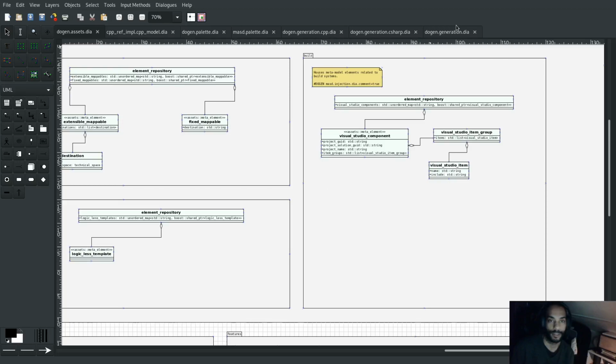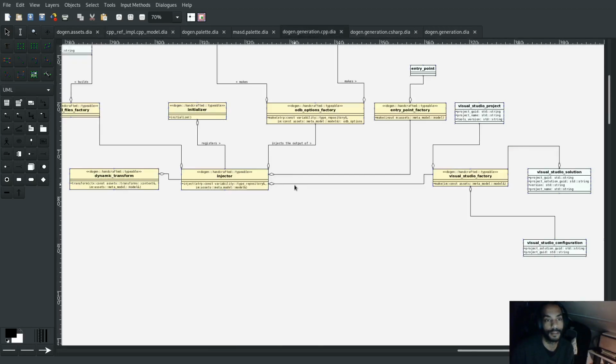Which is what we did. So this is a bit of a cleanup of the existing entities that we had previously scattered in the generation model. In the past we distinguished between projects and solutions, and as you can see, projects and solutions are almost